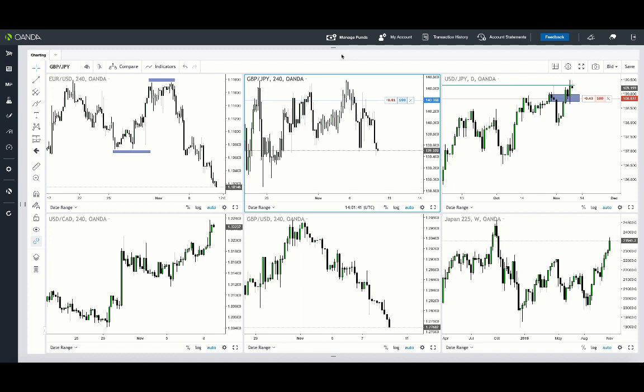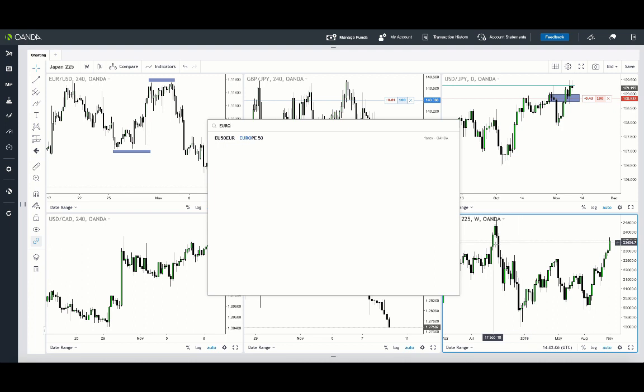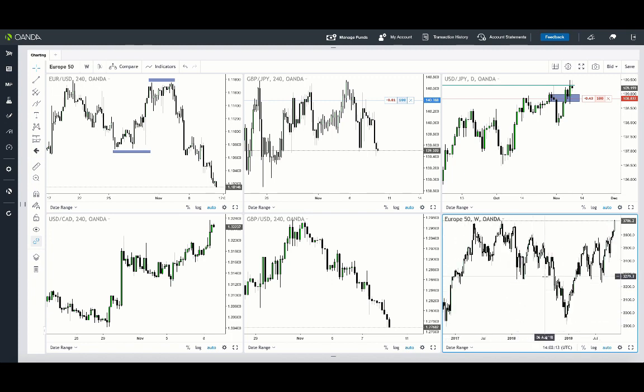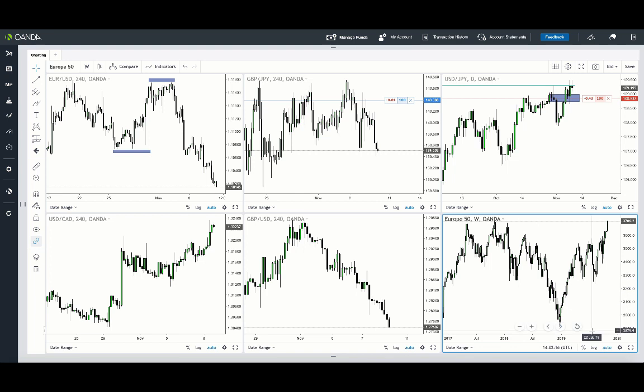This will probably be our little universe of pairs that we'll be trading: Euro, Cable, UJ, USD CAD, and then the Pound USD. I may throw something else in there, but what we're probably going to do is leave these five as they are, and then the Japanese Nikkei index over here will be changed to, say, the Euro 50, for example, just to give us a better idea if we're focused on euro, which actually we can have a quick look at right now.